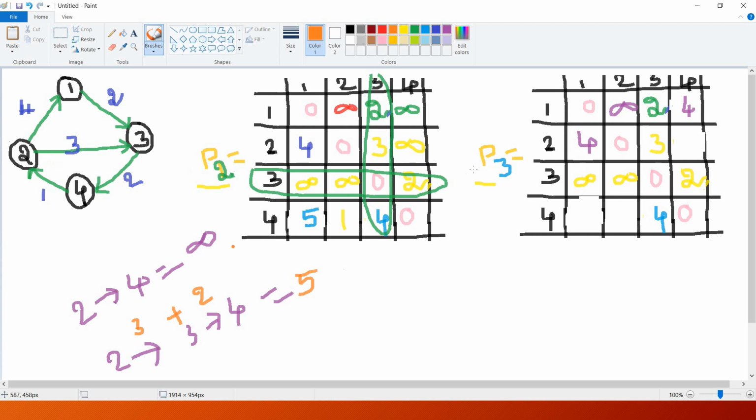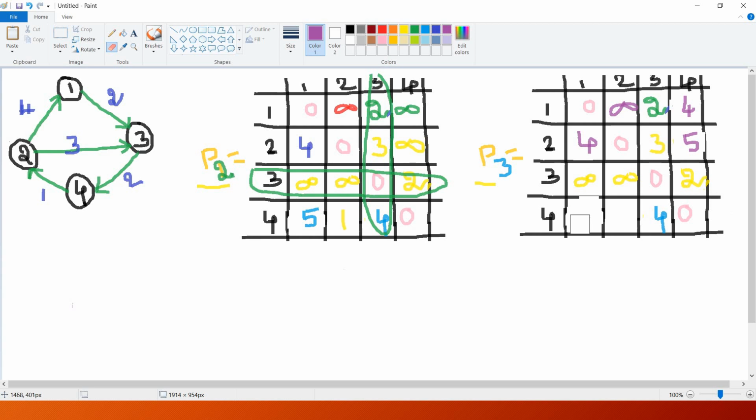So 2 to 4, we have how much value? Infinite value. So I am taking intermediate vertex with the help of 3. So 2 to 3, 3 to 4. So 2 to 3 is of cost 3. 3 to 4 is of cost 2. Totally I am able to get 5. So infinite and 5. Which is minimum? 5 is minimum, right? So again I am going to eliminate one more infinite value over here, which replaces some shortest path by means of vertex 3. Okay. So I think now you are completely aware of what exactly I am doing.